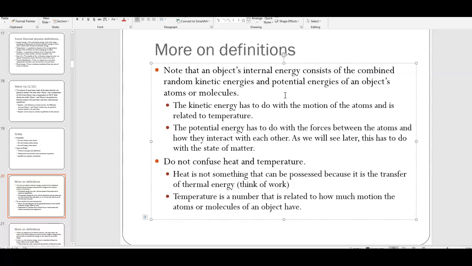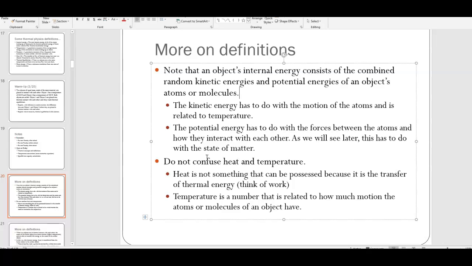The potential energy, we're not going to go into a lot of detail about, but basically it has to do with electrical forces between the atoms, because atoms are made of charged particles and they can attract or repel each other based off of electrical forces. We're not going to really talk about that, but it does have to do with the different states